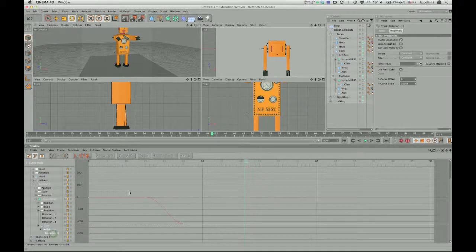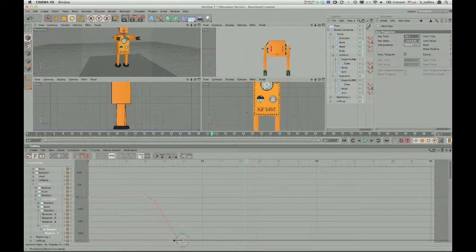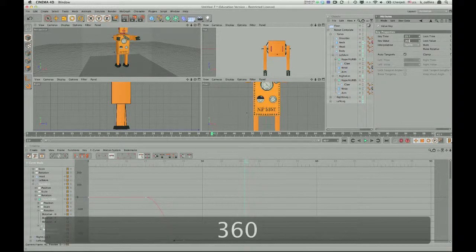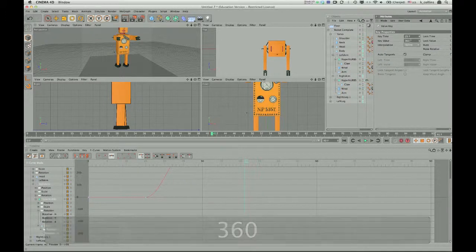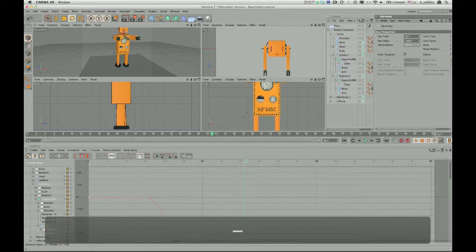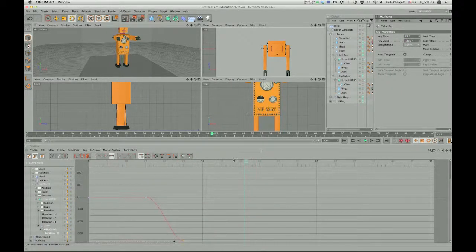Okay, so we'll go into heading here, and here's our robot, and I said that I want to make it spin all the way around. So all I have to do is click on that, and I'll type in 360. So there's the robot's arm, minus 360. So there's the robot's claw. It turns all the way around